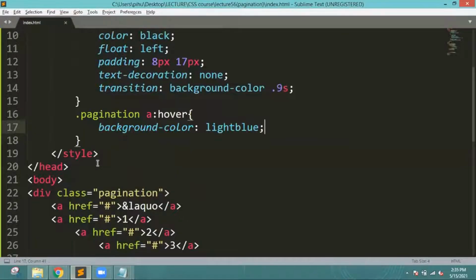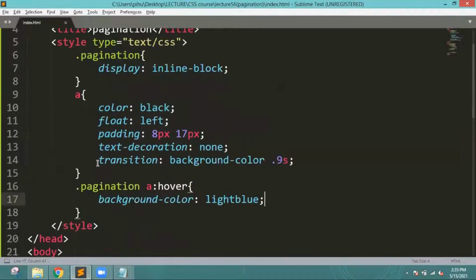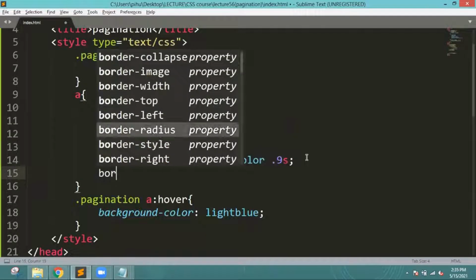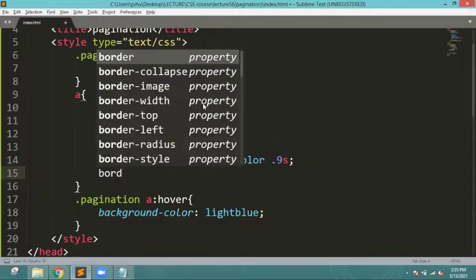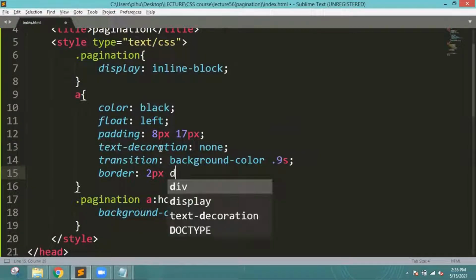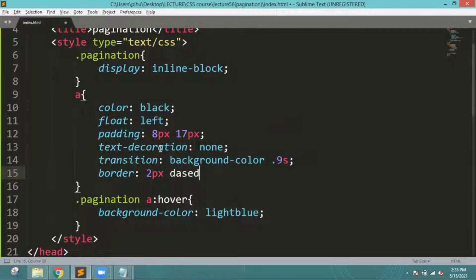So this is one of the methods to create it. There are a few other methods also you can use. In that case, first you should understand how to create all these things. There are a few more things we are going to work on, which will help us understand how to do that. Here I'm also going to provide the border. What kind of border you want to provide, that kind of border you can provide. I will write 2 pixel dashed,